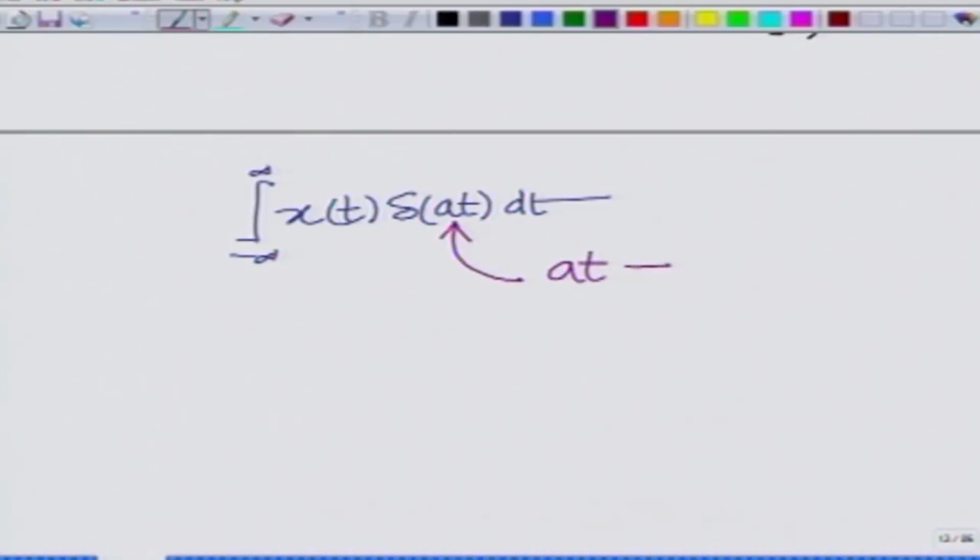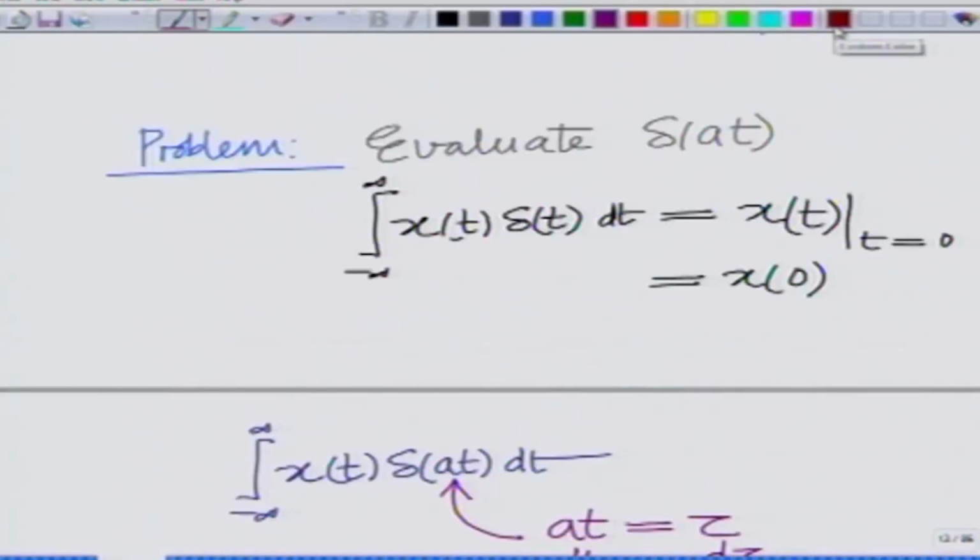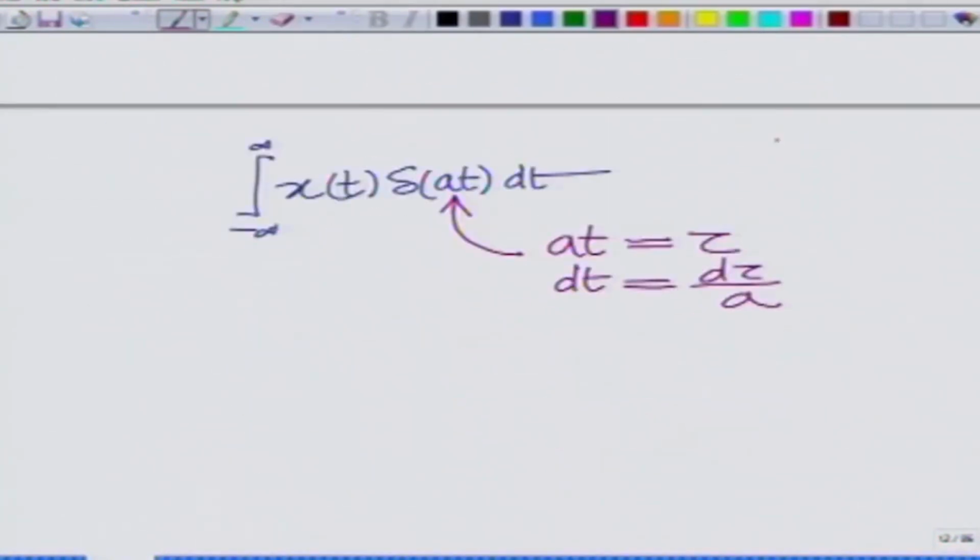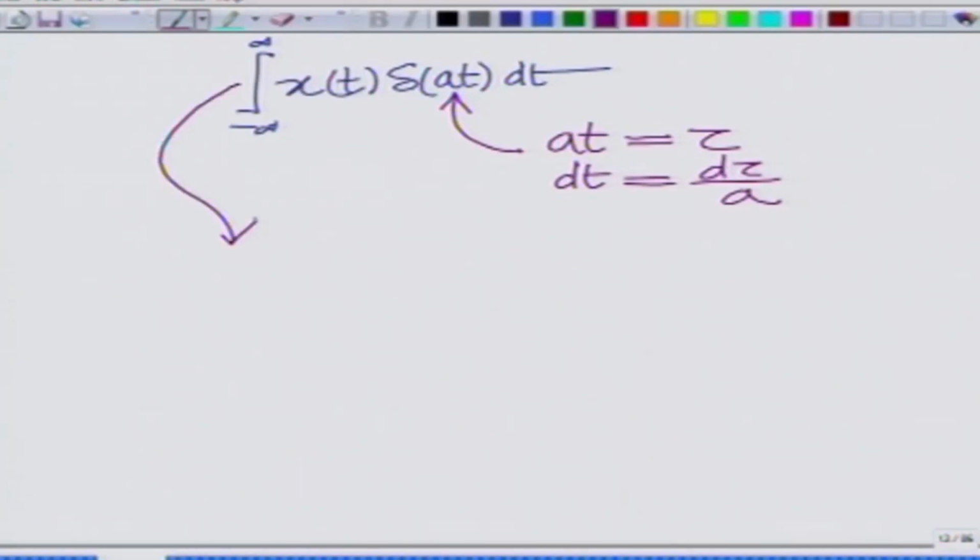Now, similarly, let us look at integral minus infinity to infinity for any function x of t times delta A t times dt. Now, obviously, if you look at this, I can substitute A t equals tau, which means dt equals d tau by A. For simplicity, let us also consider A greater than 0. You can also clearly evaluate what happens when A is less than 0. For A greater than 0, we are considering a strictly positive A. This integral therefore becomes